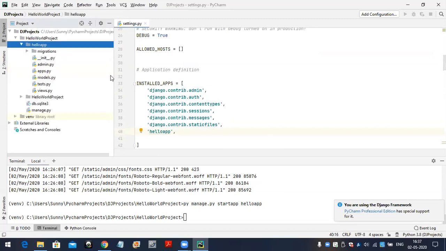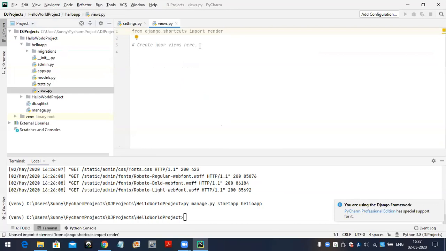Click on the views.py file. Here I am going to take one view function. I just want to display a hello world message on the browser. For that, how to define a view function? If you want to write any function, it should compulsorily start with the def keyword. For the function name I'm taking hello_view, like this. Here we have to pass a request object